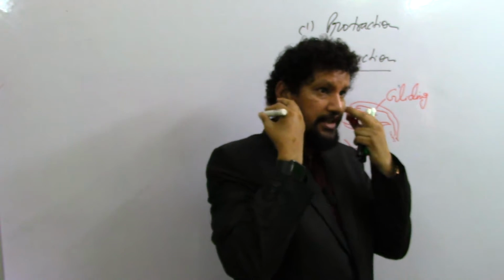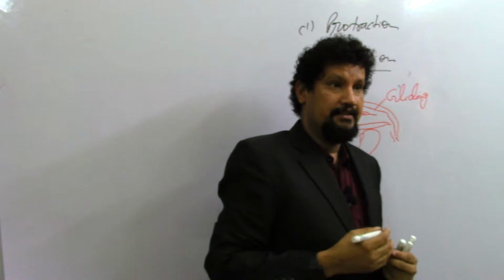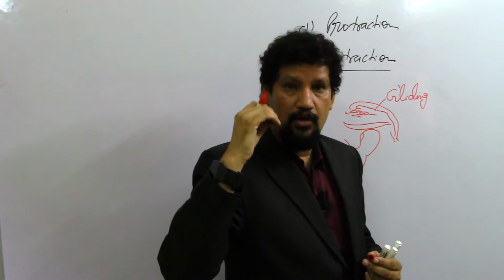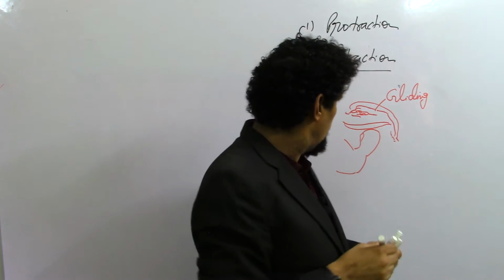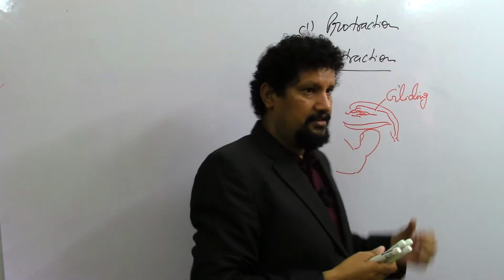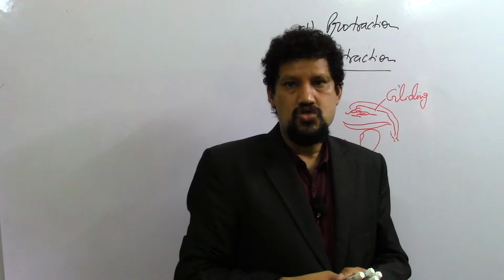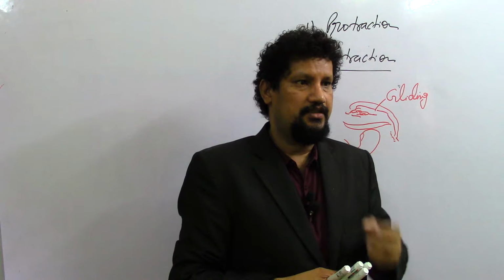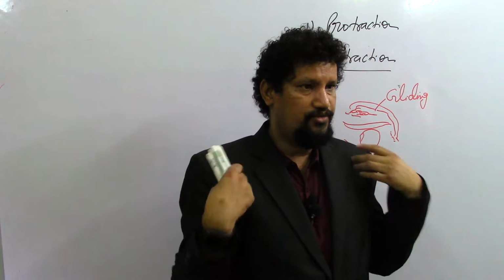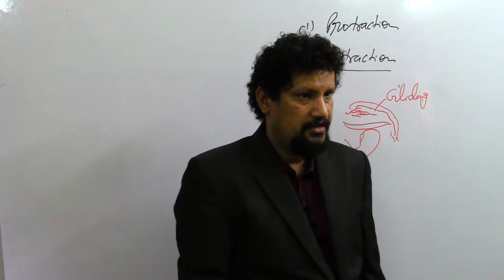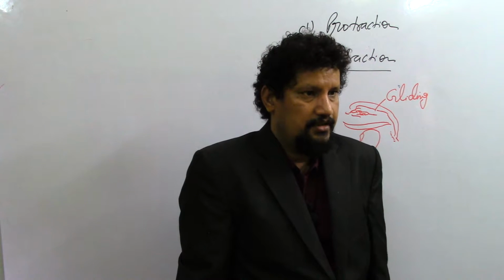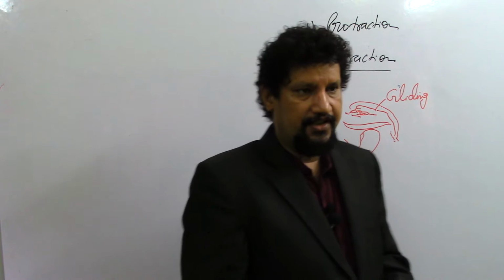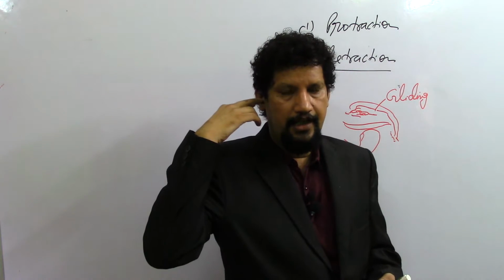So in the temporomandibular joint, we can see the gliding movements, that is protraction and retraction, in the same horizontal plane without changing the angle, or the angle is changed very little. Protraction is sticking out the jaw, and tucking it in is retraction. In the shoulder, this is protraction and this is retraction. So in the jaw, protraction and retraction is the gliding of the mandible in the upper part